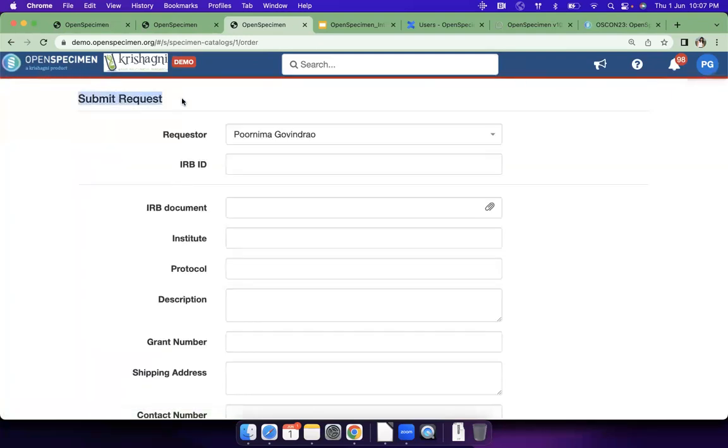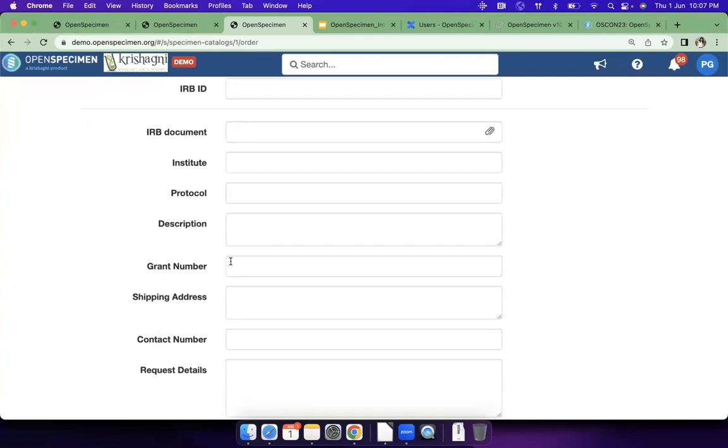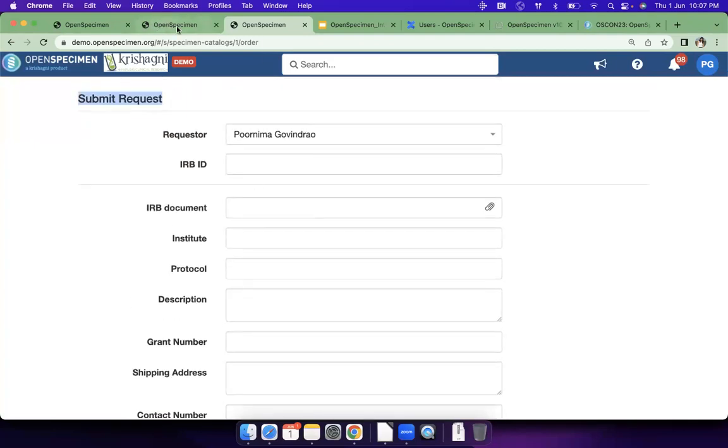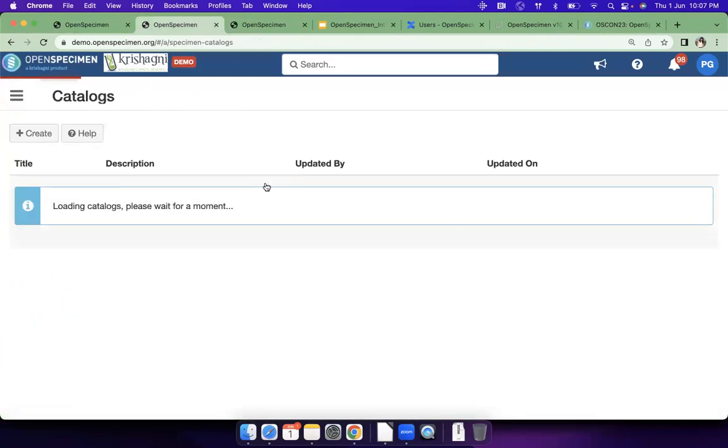Then from the cart, I can request the specimens. When I submit the request, the biobank managers or request managers get notified. You can make the researcher fill up a certain form. This form is also configurable. Now, once the request is sent out, if I go back here,